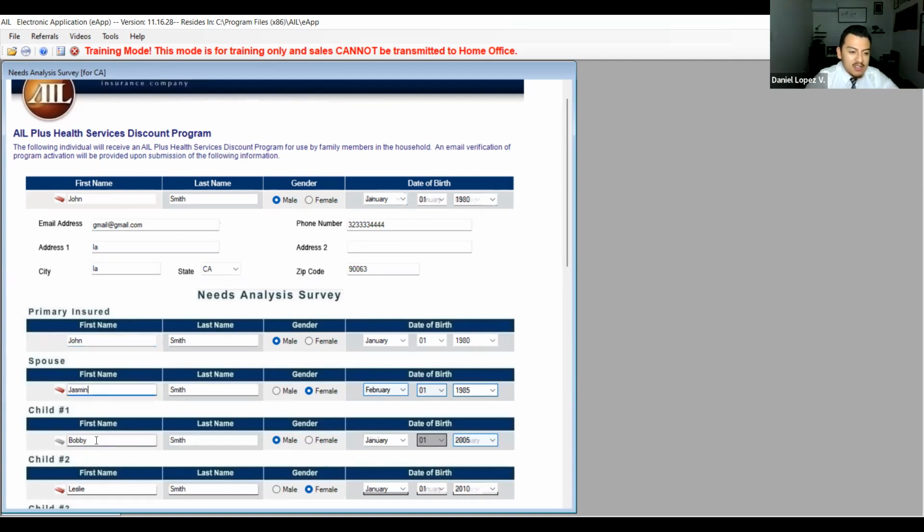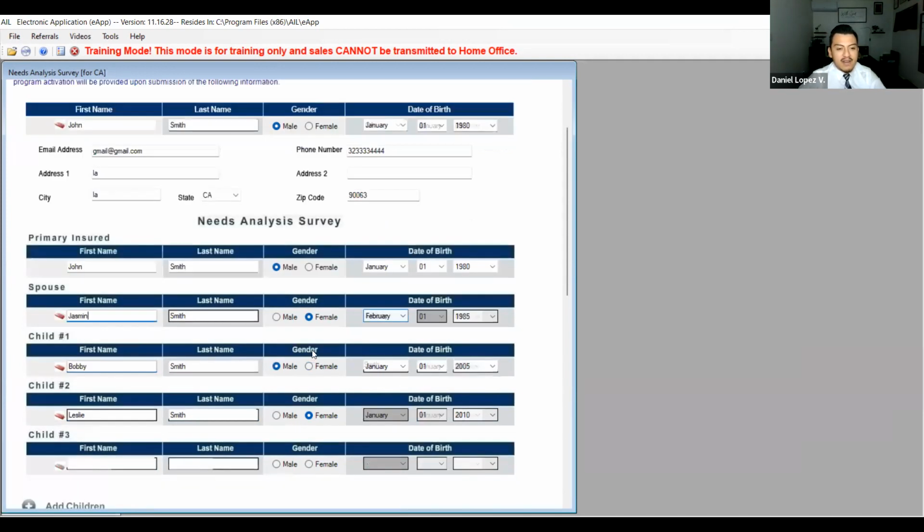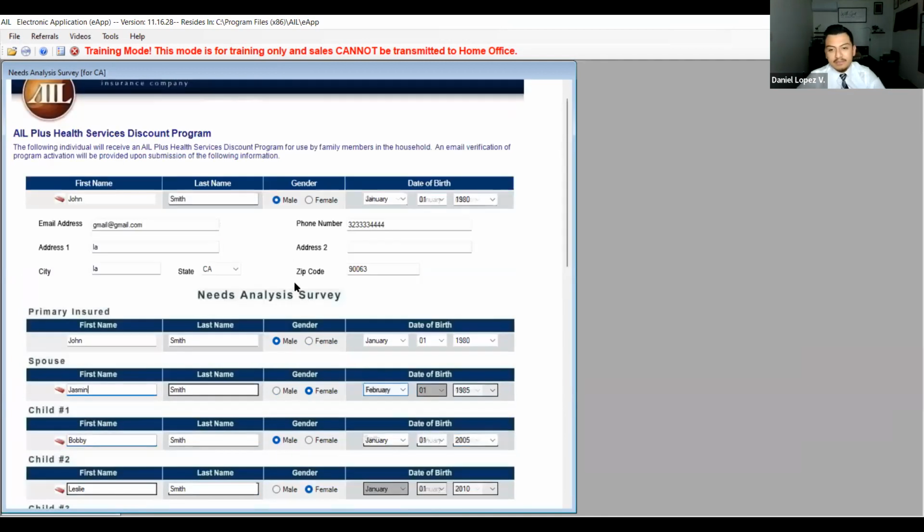And then here, I'm going to continue to fill out all the family that I'm going to provide insurance to. And I'm not going to say that this information is for insurance. What I typically say is, okay, so John, we want to make sure that not just you, but your wife and your kids can get these benefits. So let's put them in. So they think that all this is for them to have access to the AIO Plus. In reality, this is just for us to find out the price, but they just go with it.